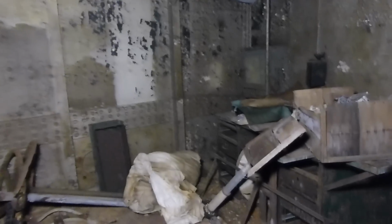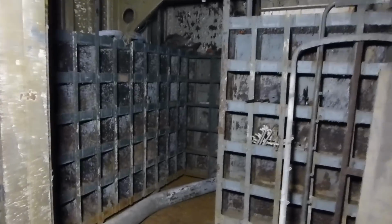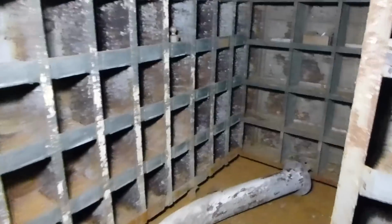Pan around to forward. We do have a desk, moderate amount of piping, and a lot of small shelves. I will walk around to see what's behind these. It would appear to be more cubby holes and shelves. Looking forward,